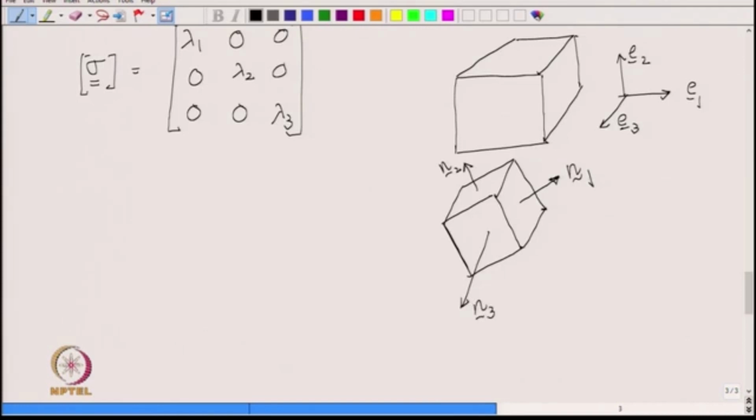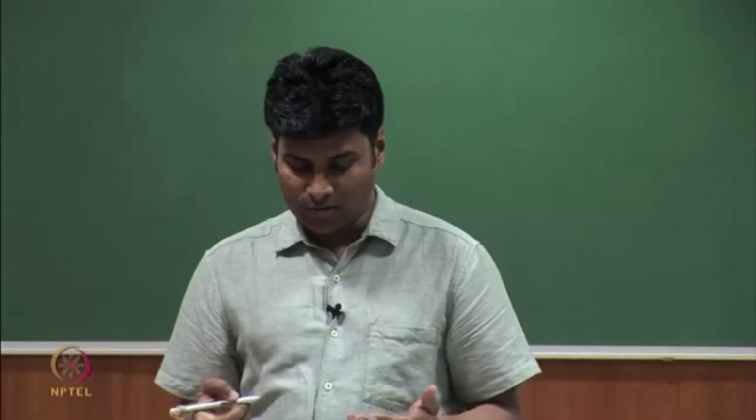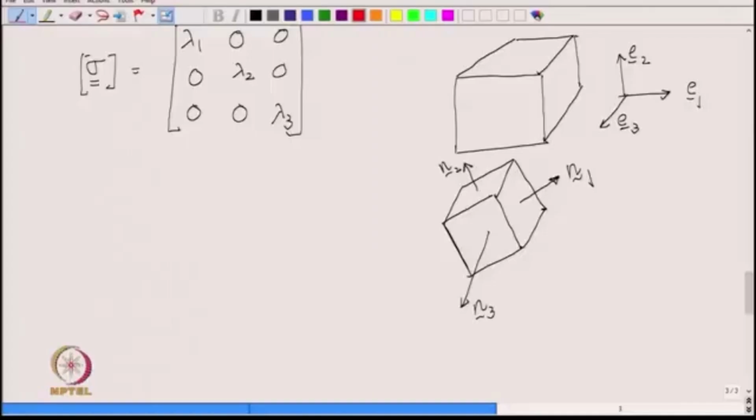And for such a cuboid, the faces will have no shear component, right, because these planes are principal planes having no shear component. So, on these faces you only have the normal components which are lambda 1, lambda 2